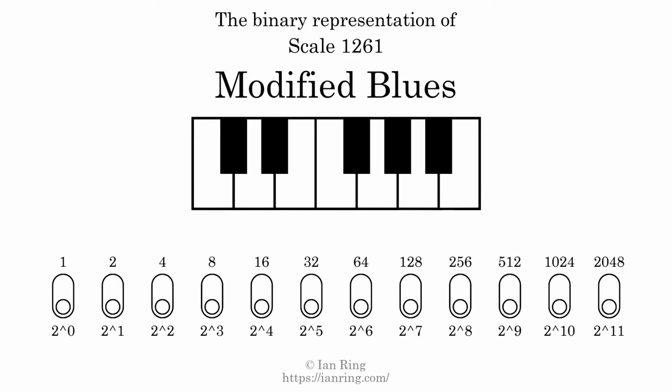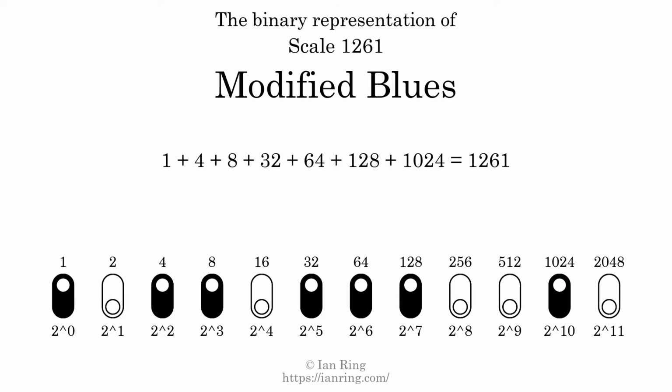The binary representation of this scale is determined by mapping tones of the scale to binary digits. Each binary digit represents a power of 2. To get the scale number, we add the powers of 2 together. The powers of 2 that are present in the scale, all added together, equals 1261. That is why the scale number, in decimal, is